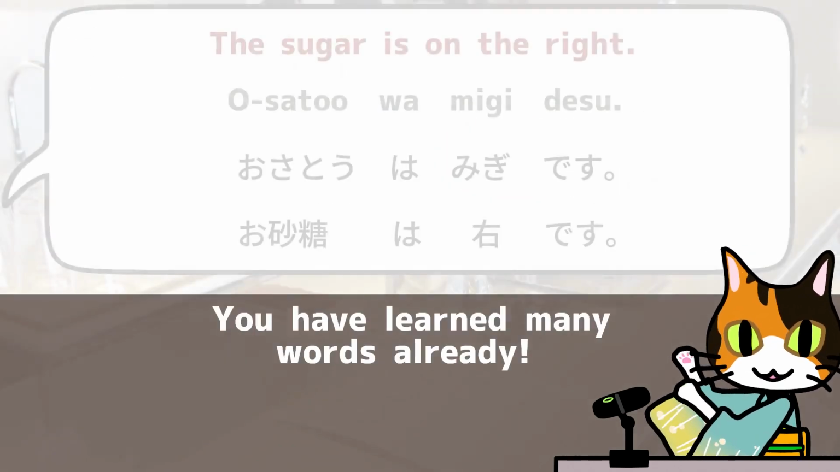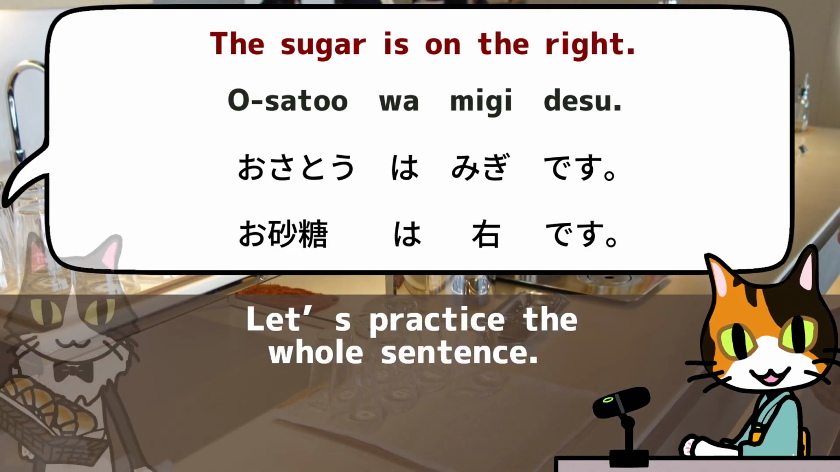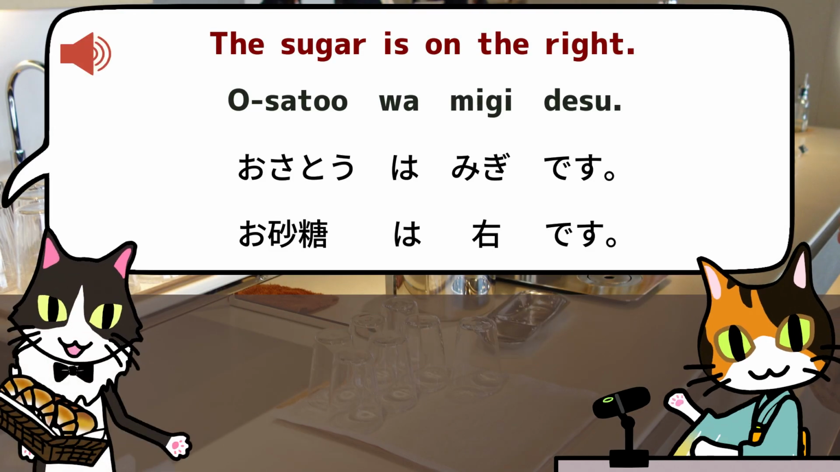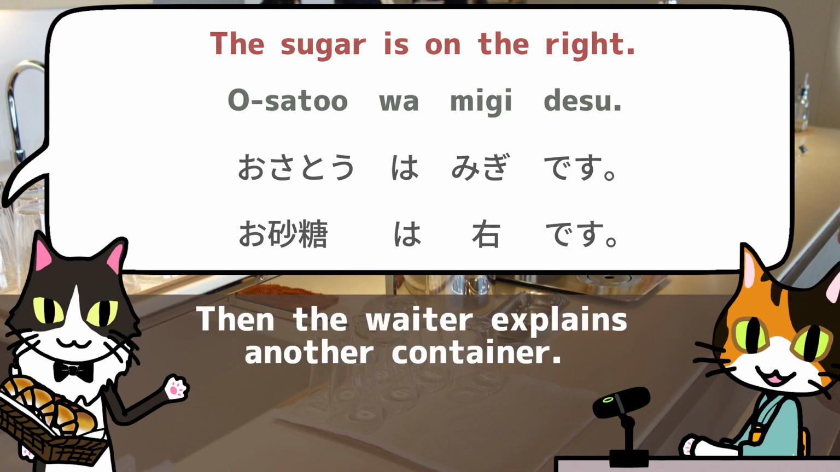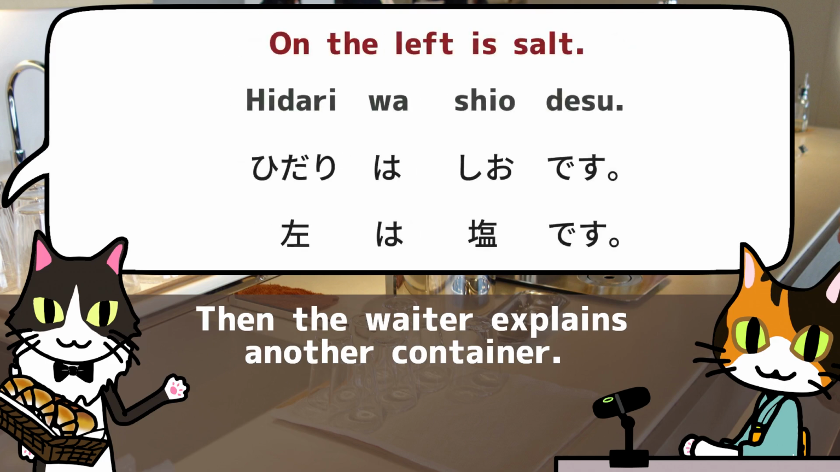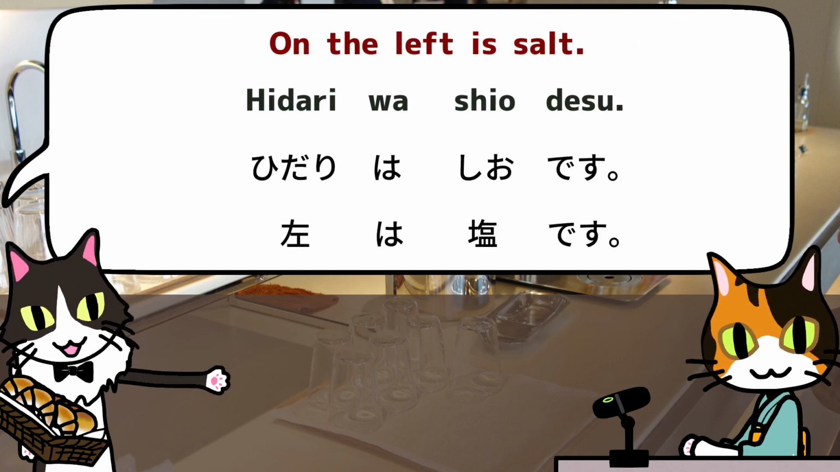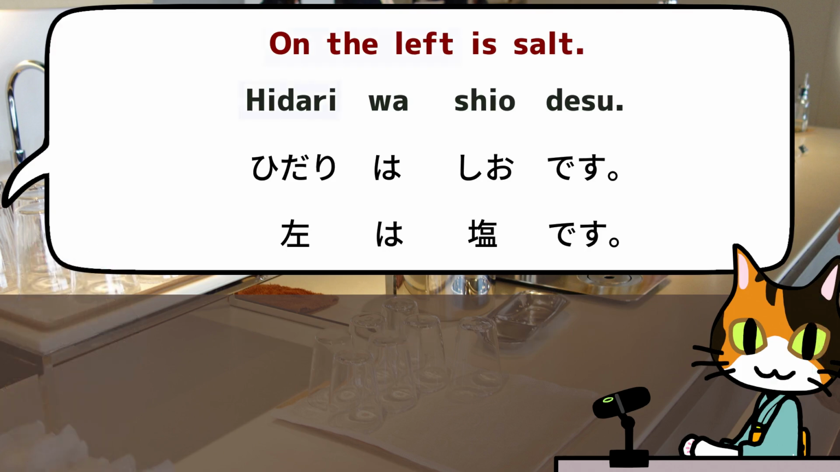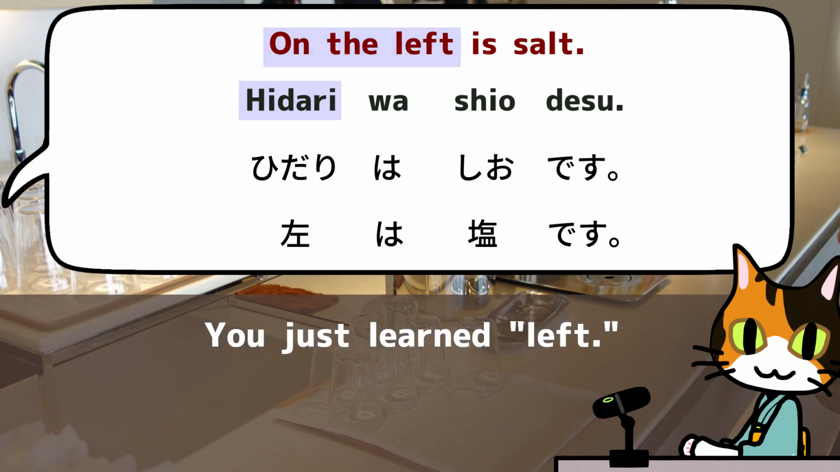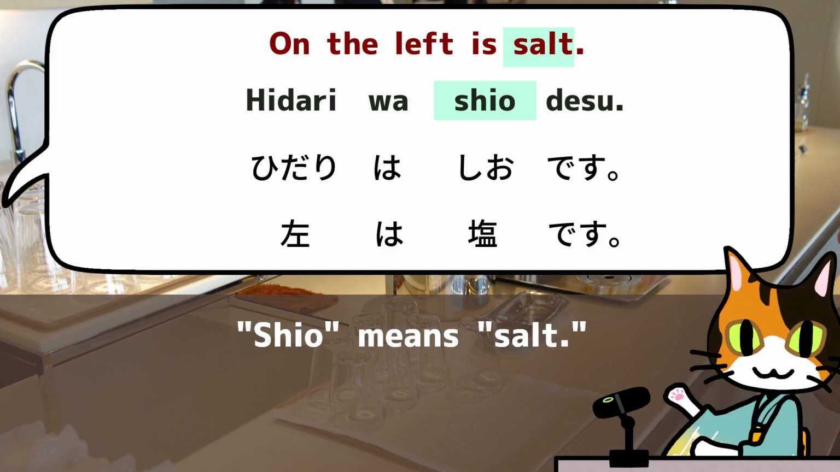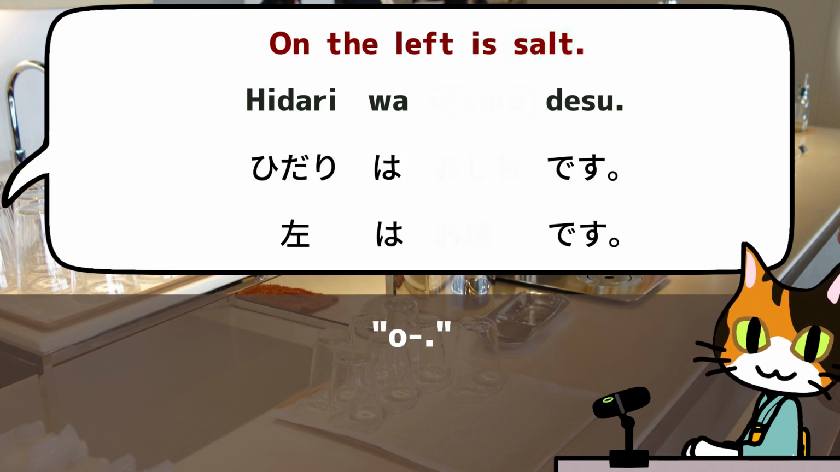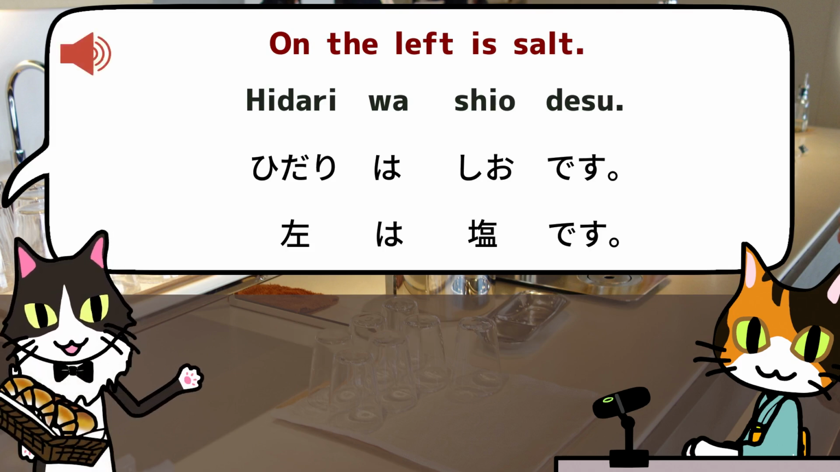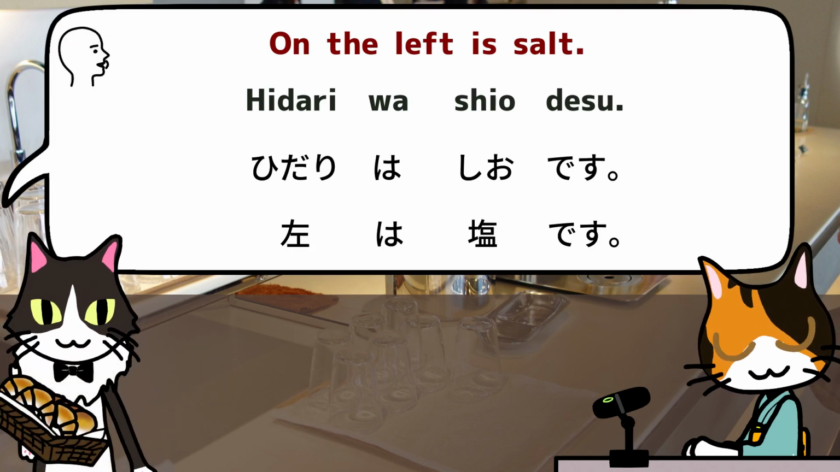You have learned many words already. Let's practice the whole sentence. お砂糖は右です。 Very good. Then the waiter explains another container. 左は塩です。 On the left is salt. You just learned, left. Shio means salt. This word too can be said with or without, o. Let's practice. 左は塩です。